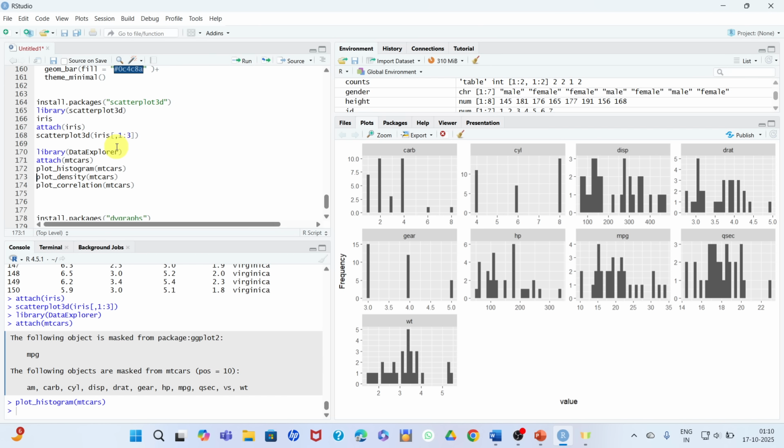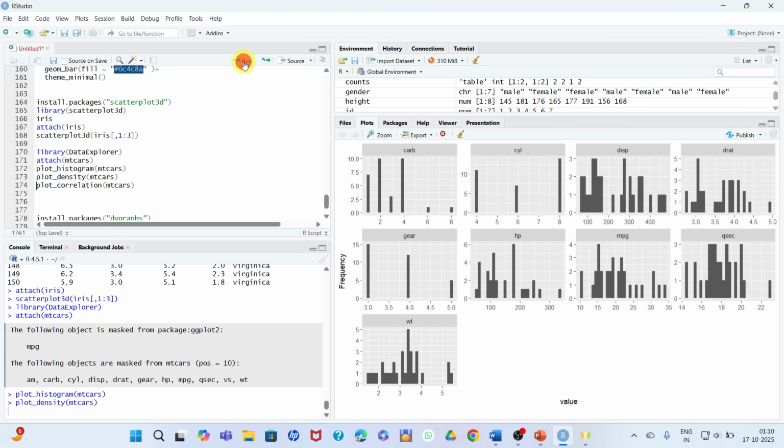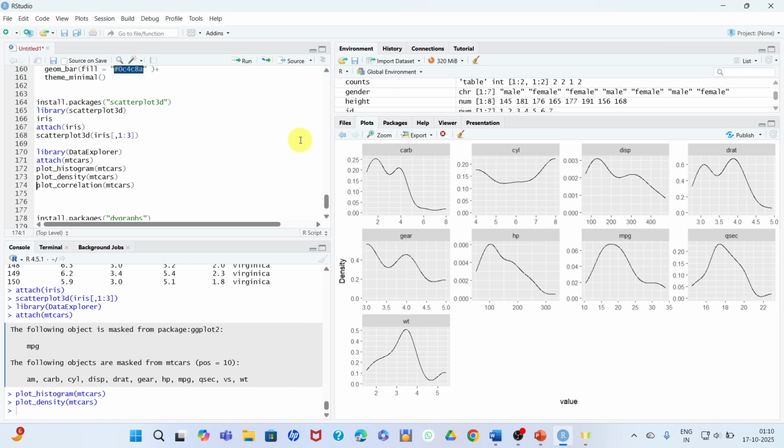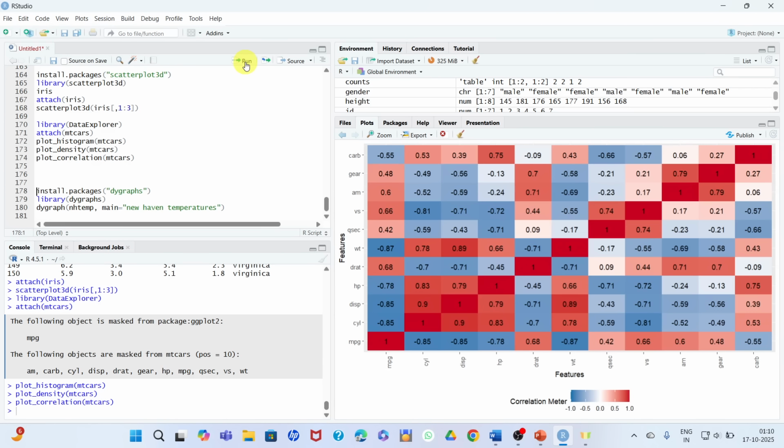Here you can see that a histogram is prepared for all the variables of mtcars. You may remember mpg, horsepower, gear, displacement, cylinders, all the histograms are here. If you want density, run again. You will get it on the basis of density and value. If you want correlation, plot correlation, you will get the correlation here in the mtcars.